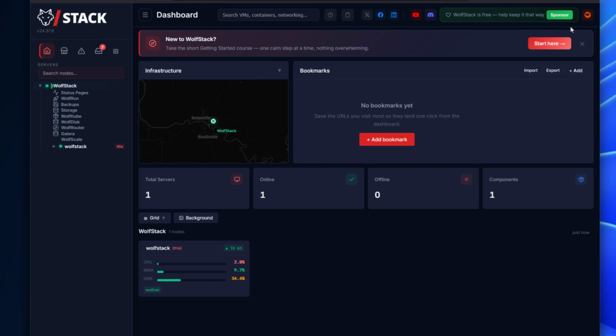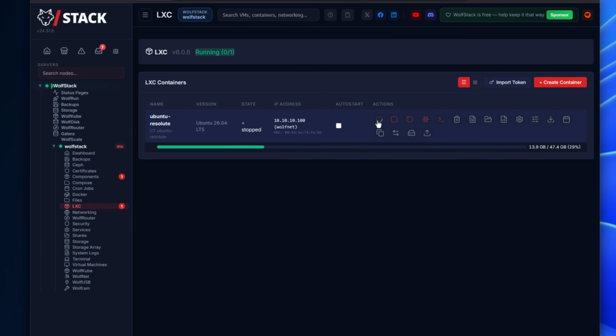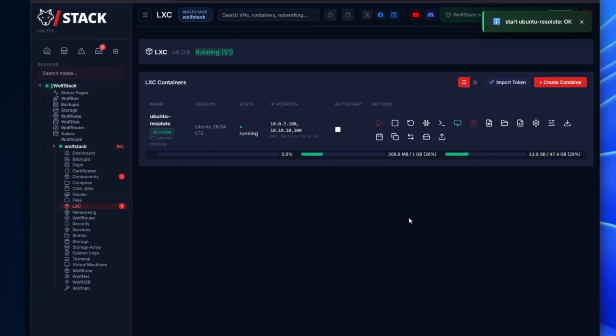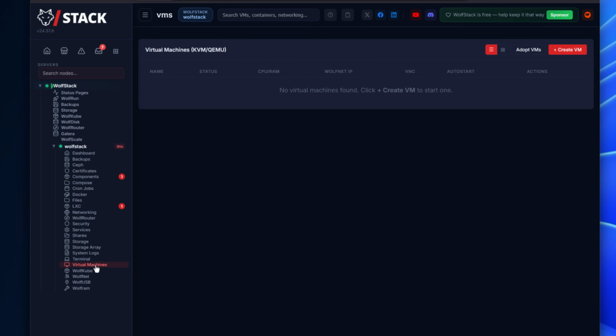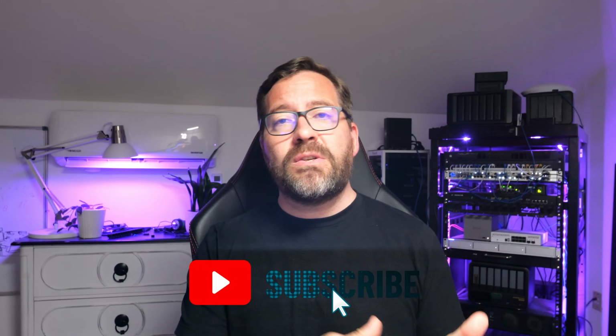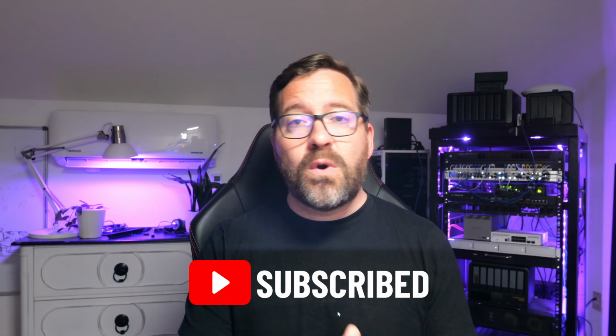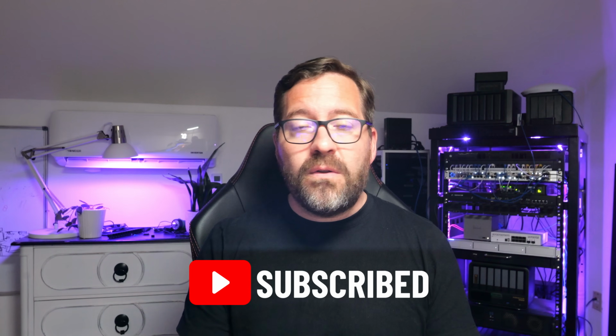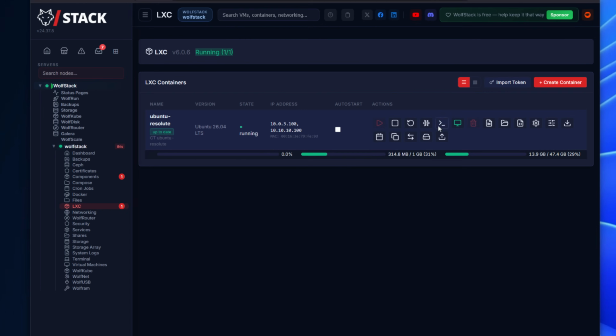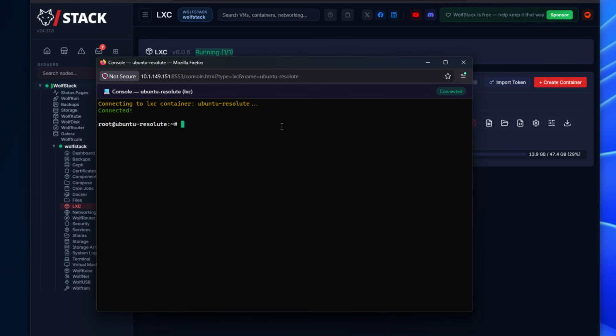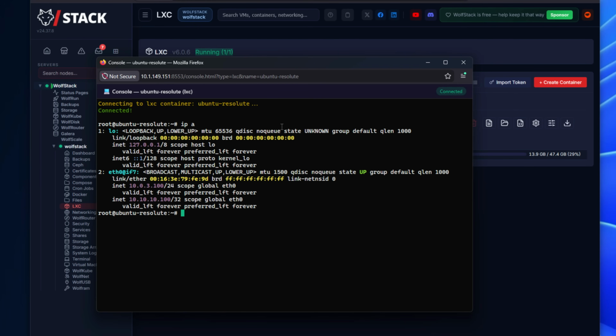If you're like me, you're always looking for ways to simplify your home lab. One of the biggest challenges in either starting a home lab or growing a home lab is if you end up accumulating multiple tools to manage things like virtualization, containers, networking, storage, backups, and all the other moving parts and pieces. WolfStack is a very cool solution that aims to solve that problem by bringing all of those capabilities under